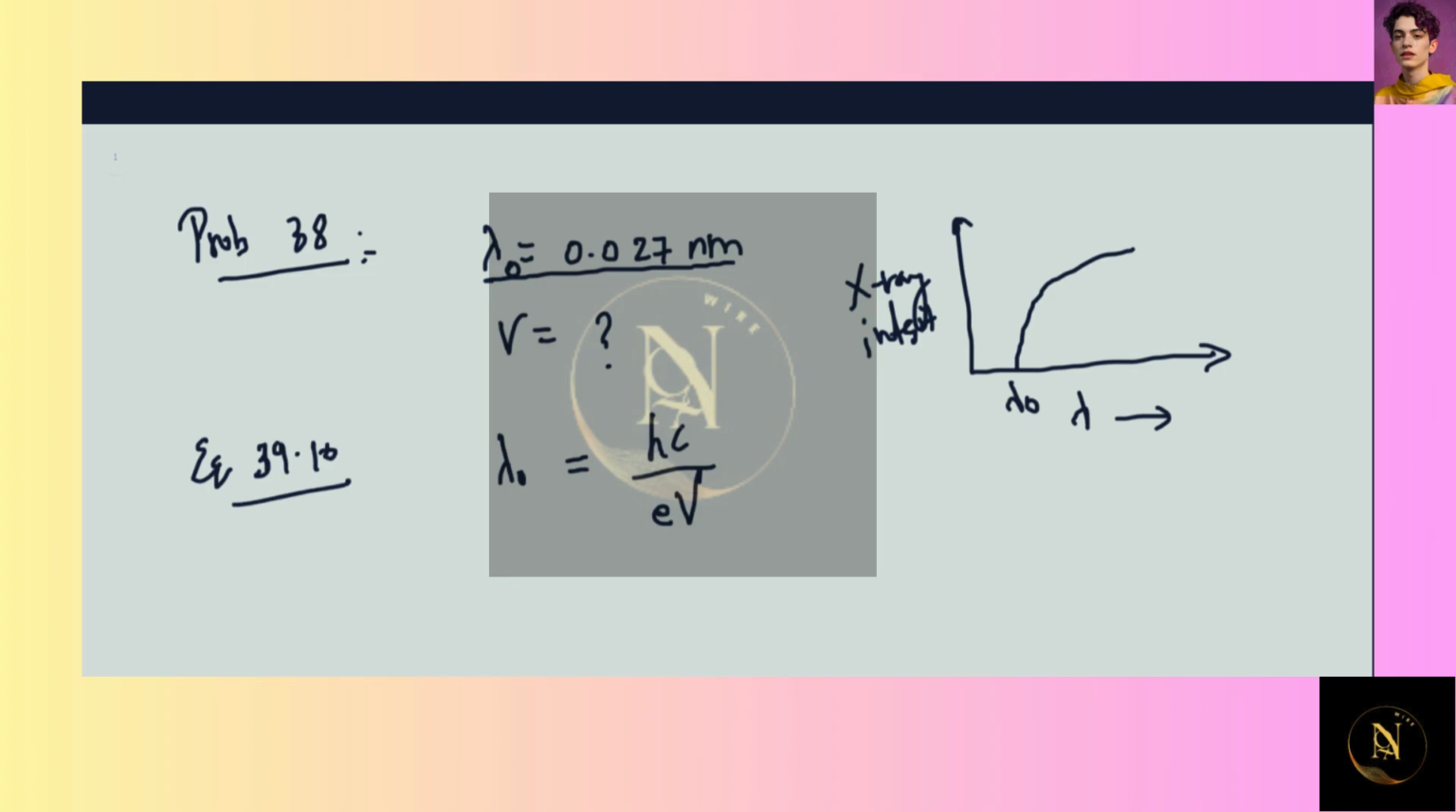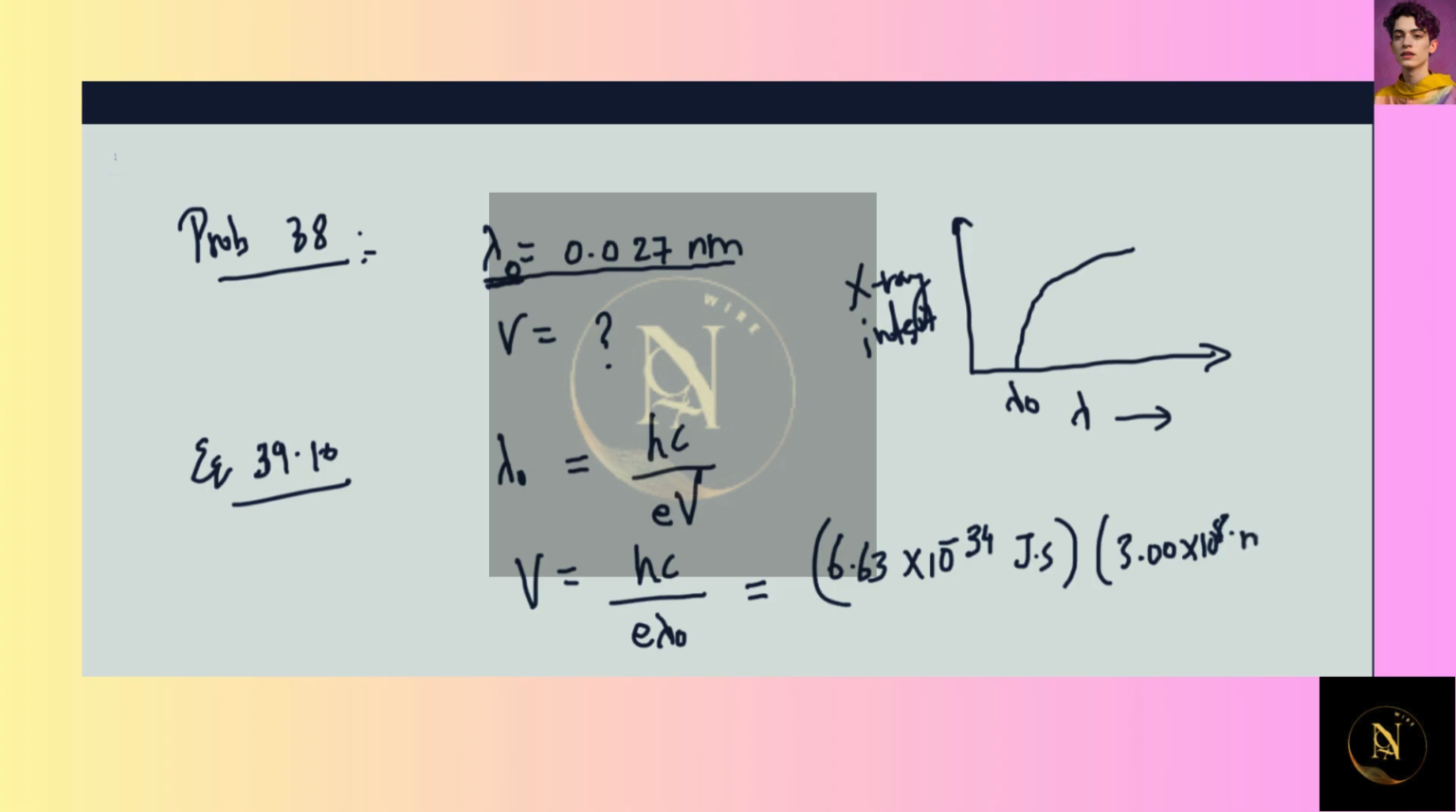So basically this means that this wavelength corresponds to the wavelength of the emitted photon when an electron loses all of its kinetic energy to the collision. So V is just hc over e lambda 0, and then we plug in the values: 6.63 times 10 to the power minus 34 joule seconds, 3.00 times 10 to the power 8 meters per second, over